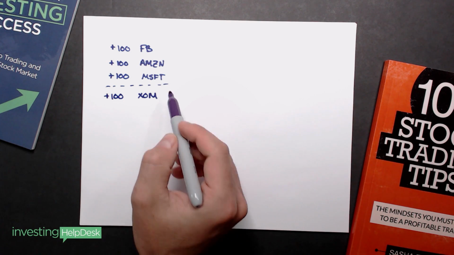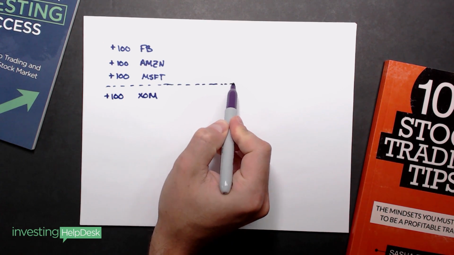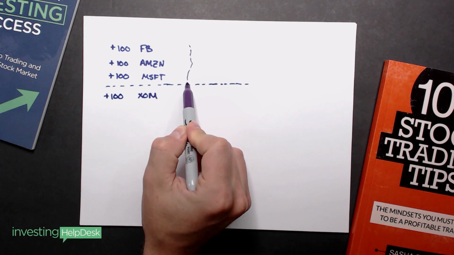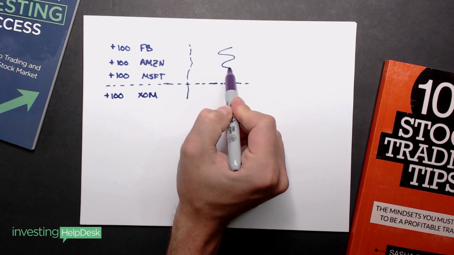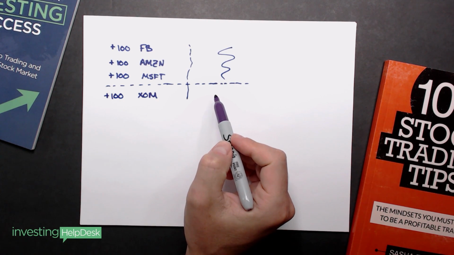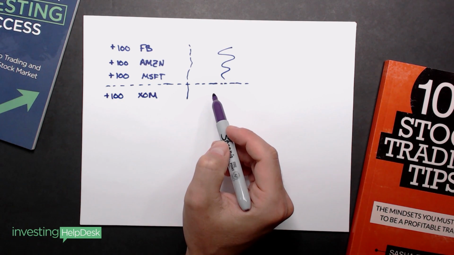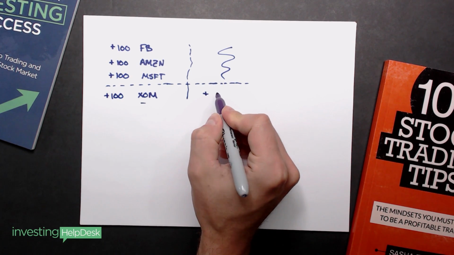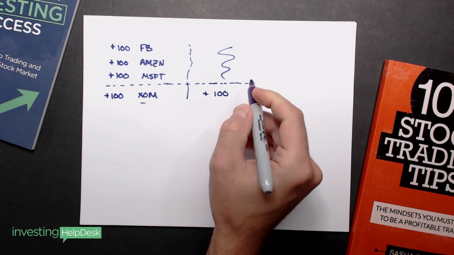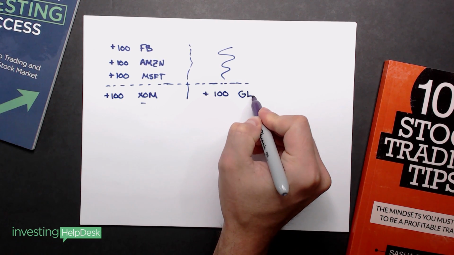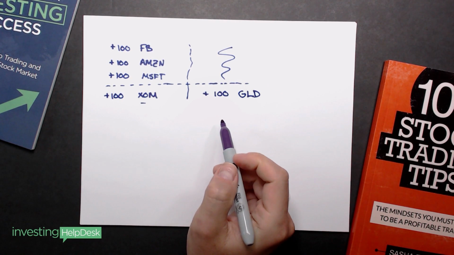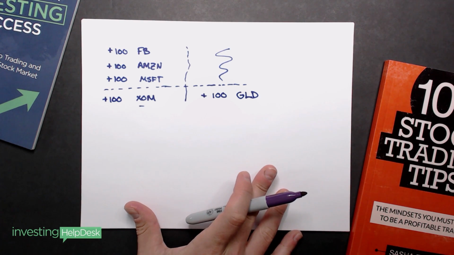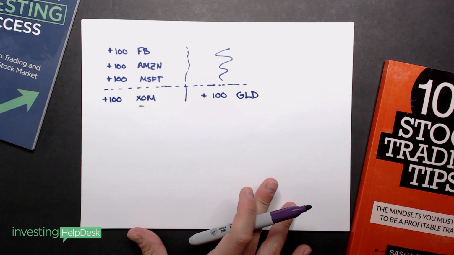Now, the other approach that you could go ahead and hedge is something that goes a little bit more against the market, or something that's a little bit different. So if we had the same type of stocks or investments on this side, you could hedge just slightly differently. So instead of doing a hedge with ExxonMobil, you could hedge, let's just say again, 100 shares of something like GLD or the gold ETF. Again, this is all just conceptual for educational purposes. I'm just using them as examples, but you get the idea.